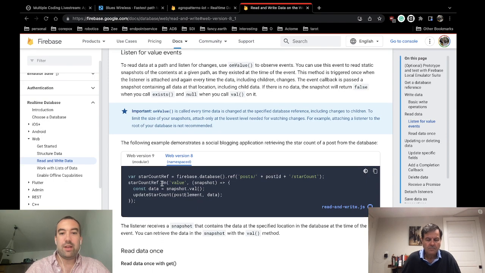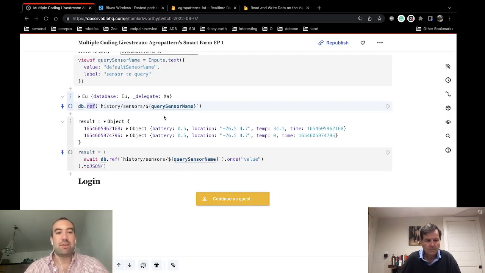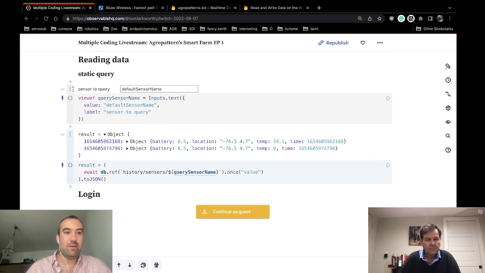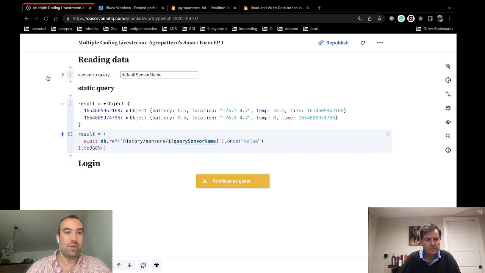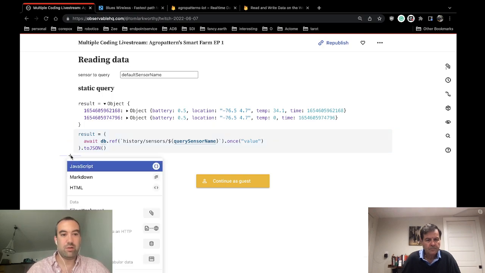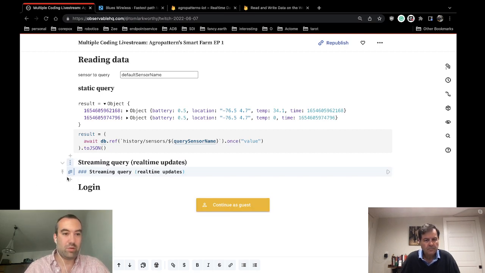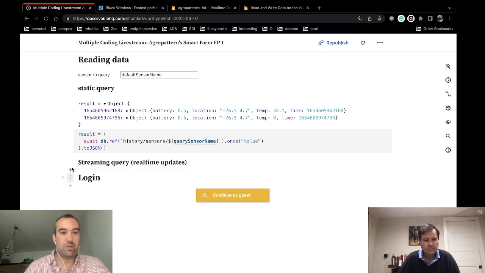There's a simple one. There's either the streaming view where as new data is added, well, we'll get to that. This is a one-off query. And then there's another way of doing it. So this is a static query. Let's move that off. Sensor query, static query. That's that. And then we've got the other type, which is a streaming query. And to do one of those, we go